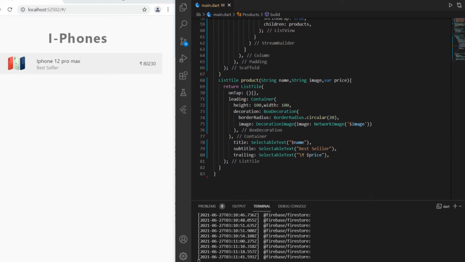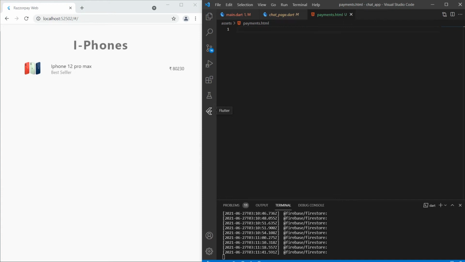So now the UI part is done. We are fetching the data from Firebase. We will add one more thing in our database after the payment, that it is paid. Okay, we will update our database also. So for the payment, you have just to start actually.